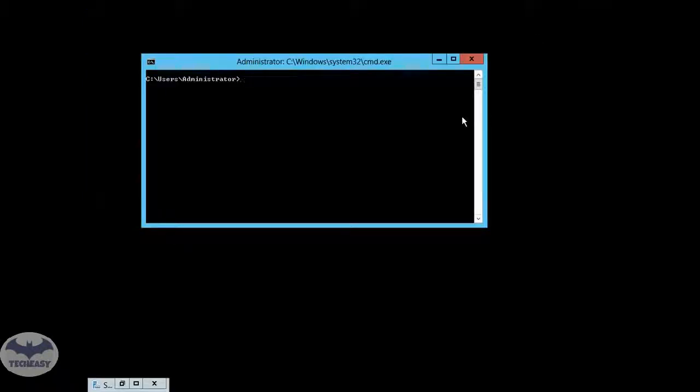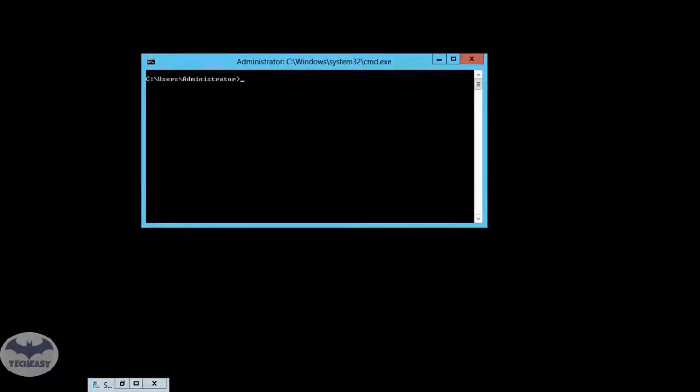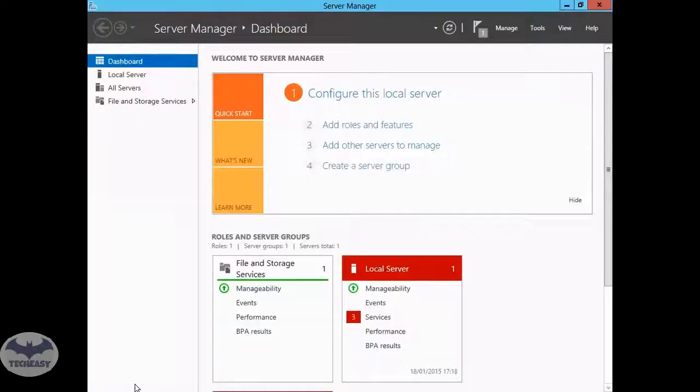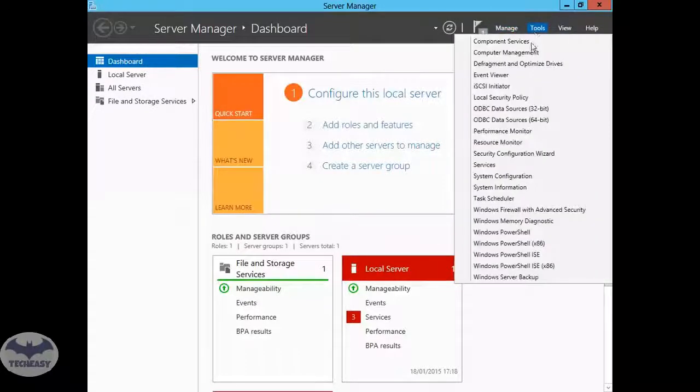You don't have the start screen, the Internet Explorer or the Windows Explorer or anything like that. All you have is the command prompt, just like core Server 2012. But the good thing is that you've got server manager. You can go to Manage, add roles and features, remove roles and features, add servers and stuff like that. You can go to Tools,